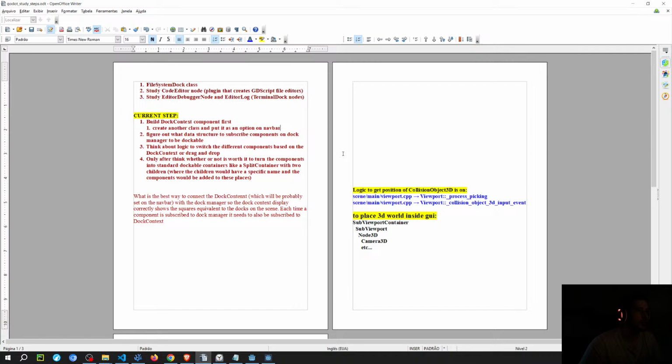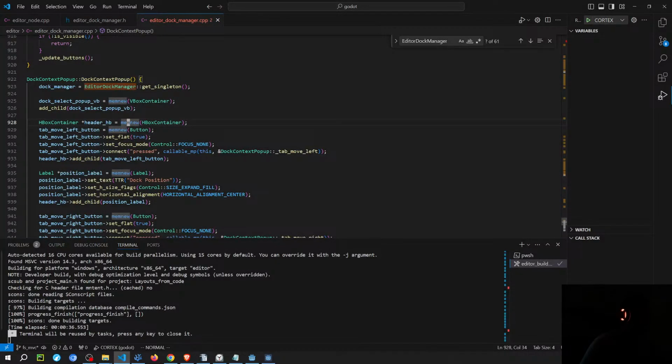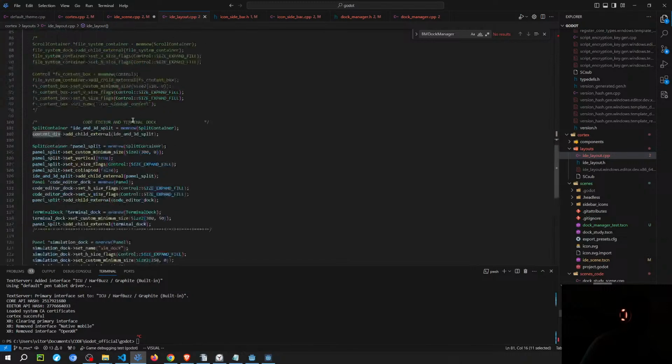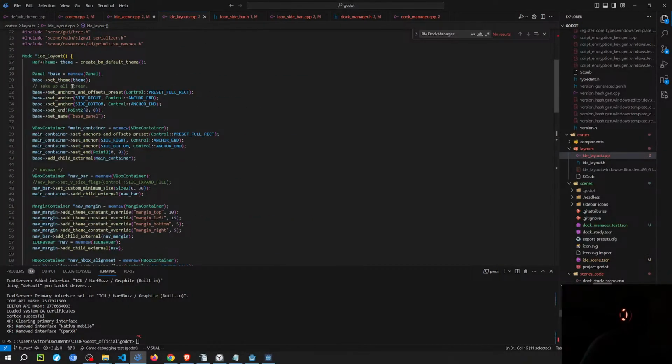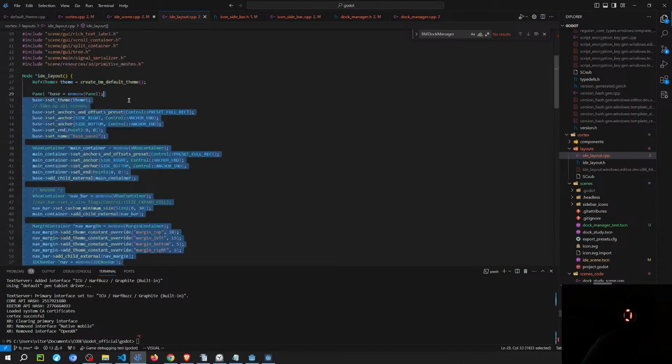Yeah, I'm gonna put this as an option on the navbar first. So I'm gonna copy the code that I have for the navbar on the scene, and I'm going to put this code on the thing that I'm trying to do there. Then once I have this, I'm going to change the